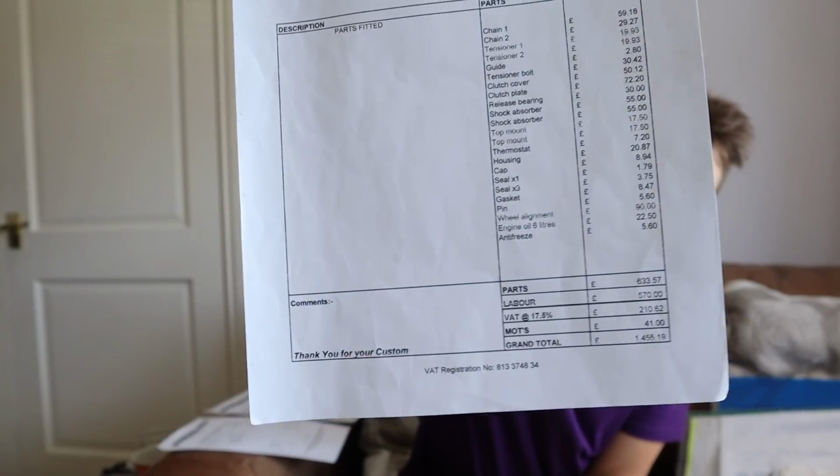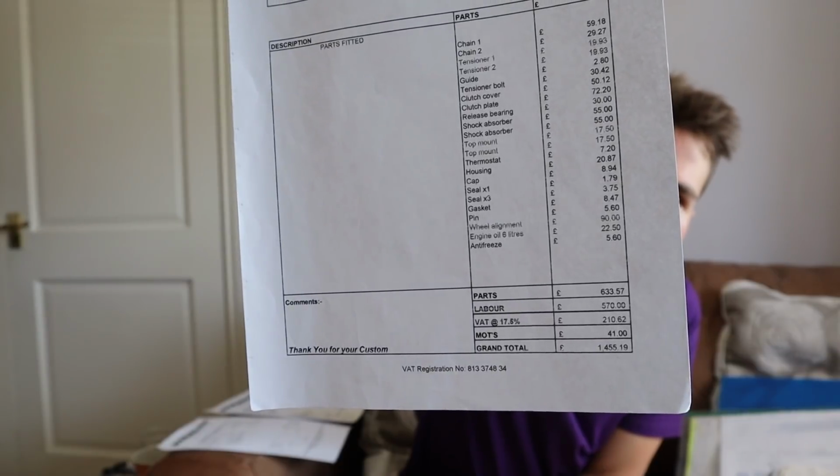So, let me just quickly get this in order. In 2014, oh, this one wasn't actually at Stealth Racing. In 2014, this was done at DPH Services at the mileage of 115,000 miles. So that was 45,000 miles ago. It's had the following work done. Chain 1, chain 2, tensioner 1, tensioner 2, guide, tensioner bolt, clutch cover, clutch plate, release bearing, shock absorbers, top mounts, thermostats, housing, gaskets. So basically, the chains have been done at 150,000 miles, and that came to a grand total of